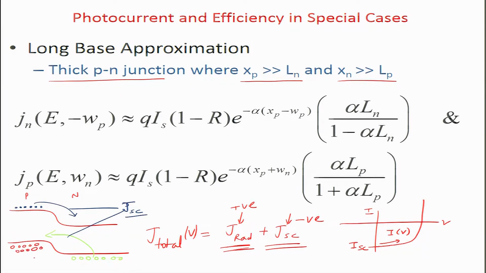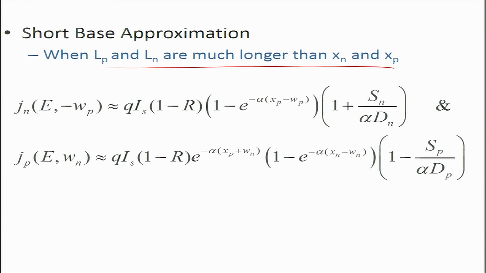the holes from this side, which are plenty in number, will start moving to this side, and electrons from this side will also move. These two will contribute to IV, and they will start countering your ISC. Is that clear? This is the reason behind the shape of the IV curve. Why does the current become 0 at a certain point? At that point, which is called the open circuit voltage, the current becomes equal to 0 because IV starts dominating over ISC. So, this is what we have discussed so far.